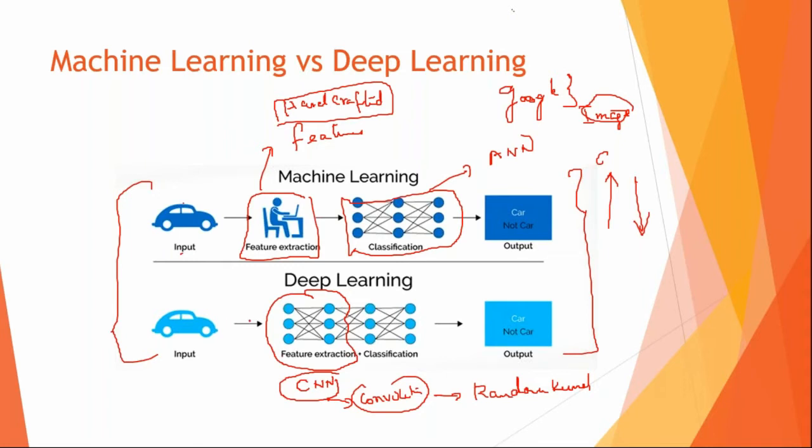So all you need to do is give the image to this deep learning network. The convolutions run across those images, they extract the features, and they give them to the fully connected network. This is the fully connected network, FCN, of the deep learning. You can see it in any deep learning network. So the feature extraction and the classification parts are joined together in deep learning. You don't require the feature extraction stage at all. All you have to do is pass the image into this deep learning network, and that gives you the outputs.